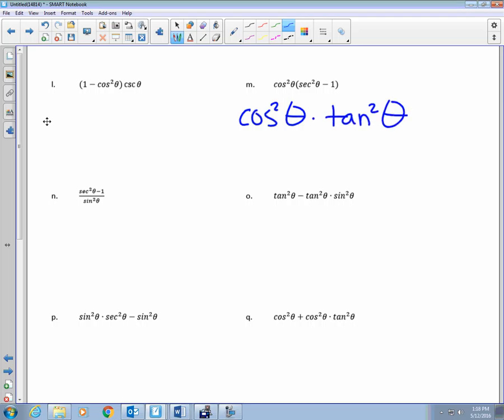Now, this is like what we've already covered. We can simply change this to terms of sine and cosine. Cosine squared of theta times sine squared of theta over cosine squared of theta. What happens? You're left with